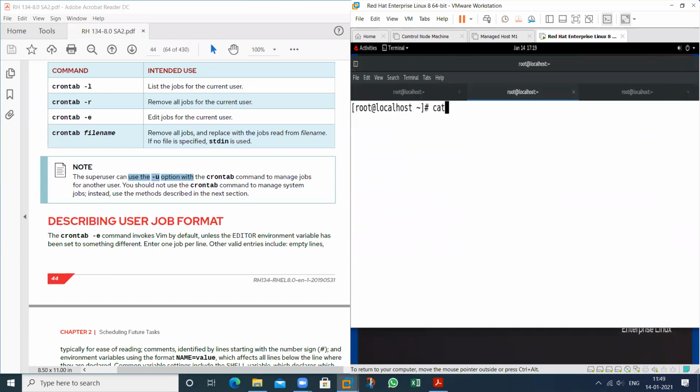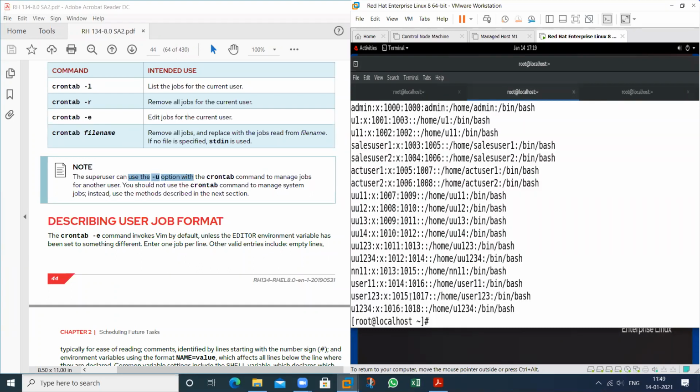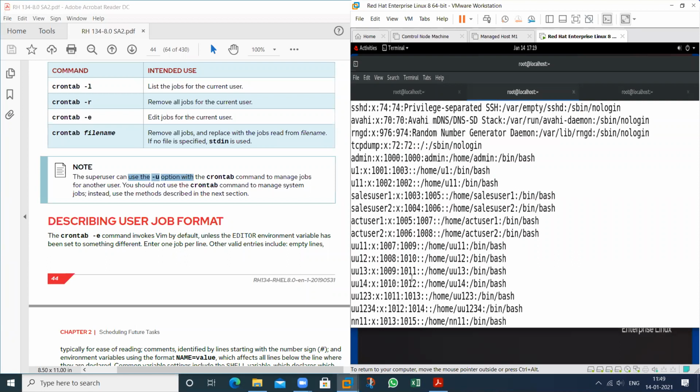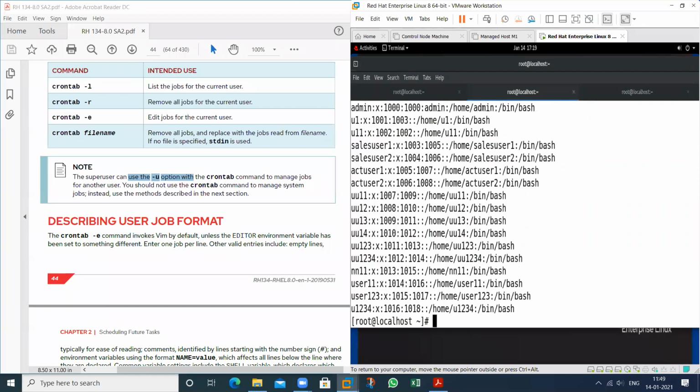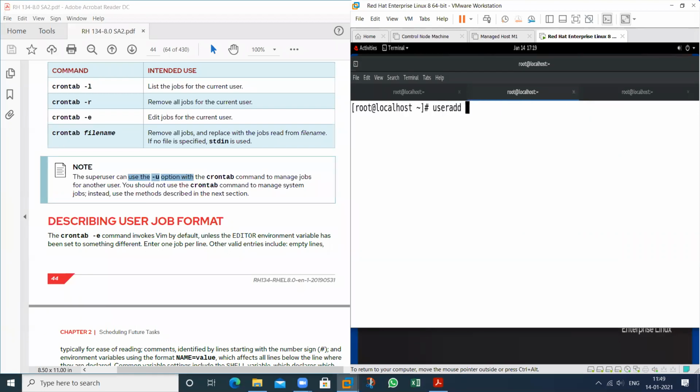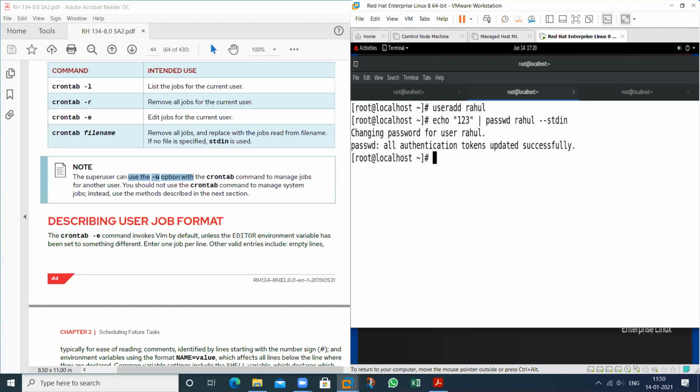Okay, I will create a user, Rahul, and we want to provide the password for this, passwd for Rahul --stdin standard input.